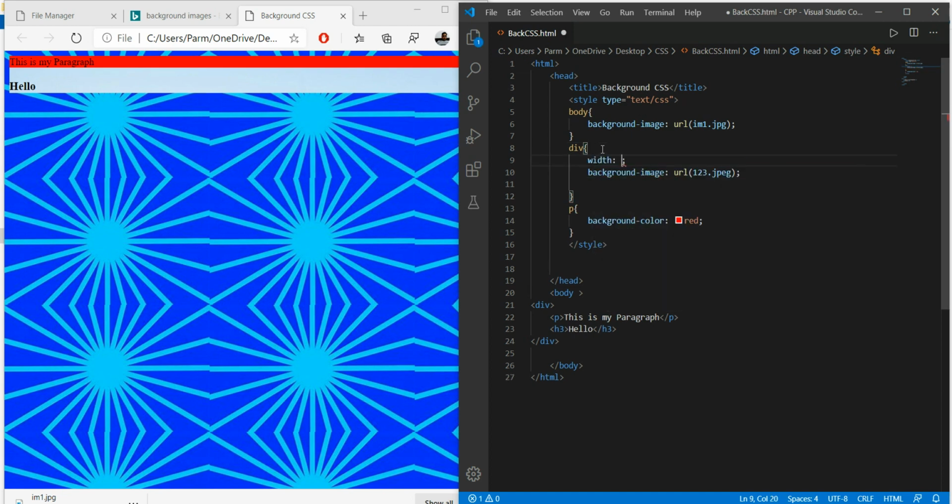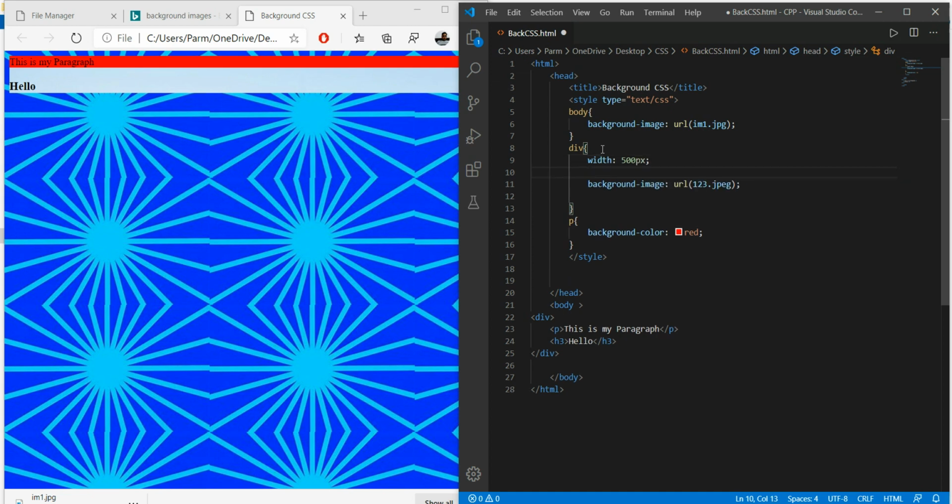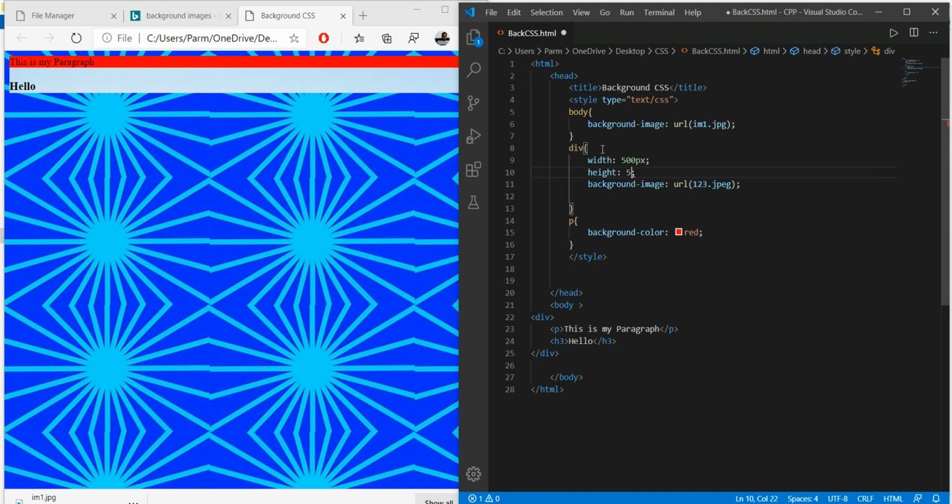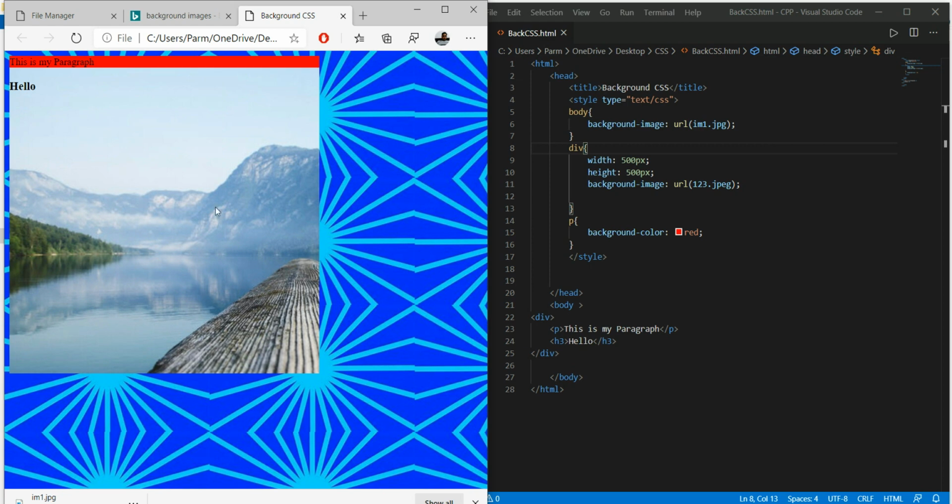So width I will say 500 px, and I will use height, say 500 px. I will save this, Control S, and I will refresh. Oh, look at this. Previously the size of our division was small, so we just have increased the size, so this is where we can apply this.